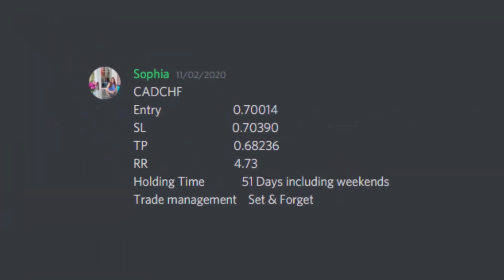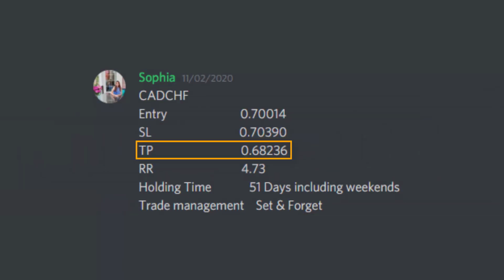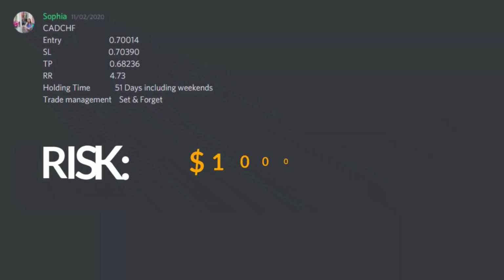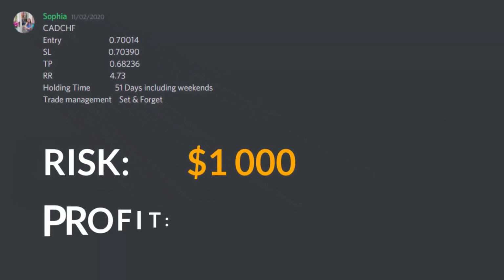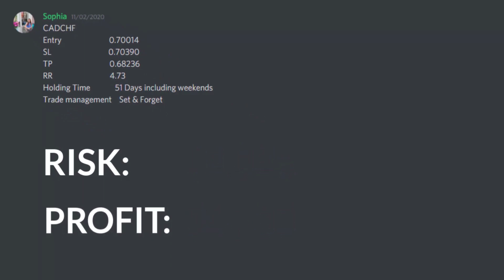Starting out with the trade details here, you can see that her entry was at 70014, her stop loss at 70390, and her take profit at 68236 for a total return of 177 pips and 4.73 R. And to put that into perspective, that means if she risked $1,000 on this trade, she would have walked away with $4,730. If she risked $100, she would have made